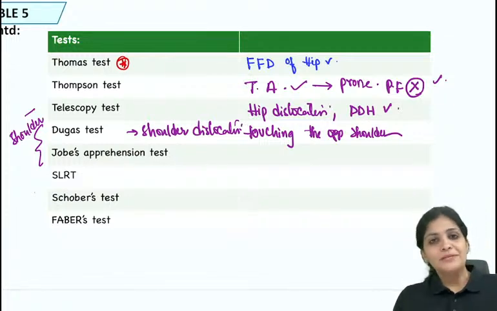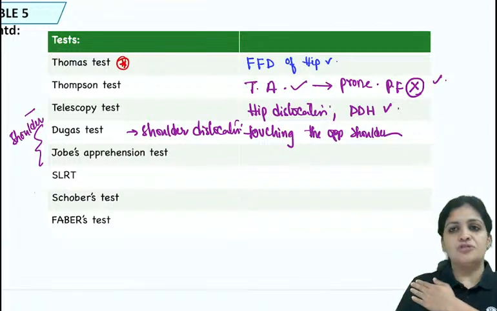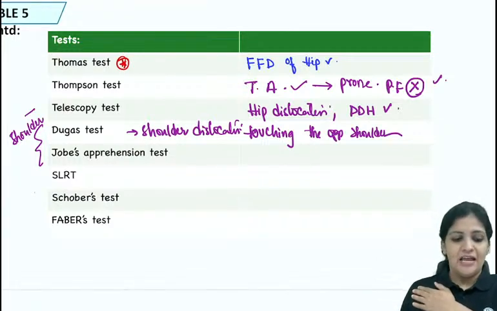And next, what is Job's apprehension test? This is also similarly, because abduction and external rotation will cause your anterior dislocation, right? So this,